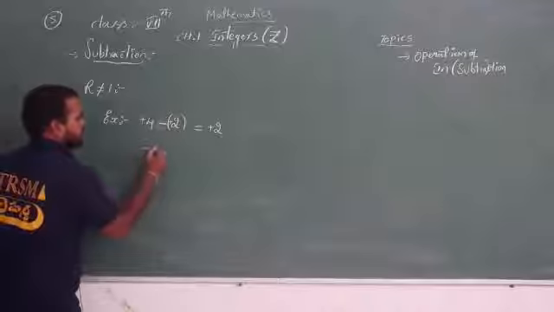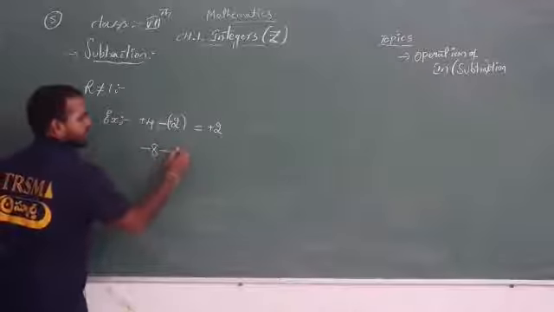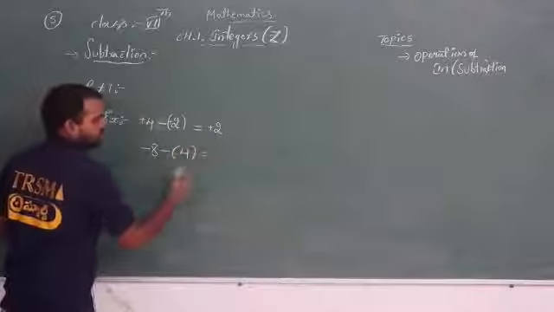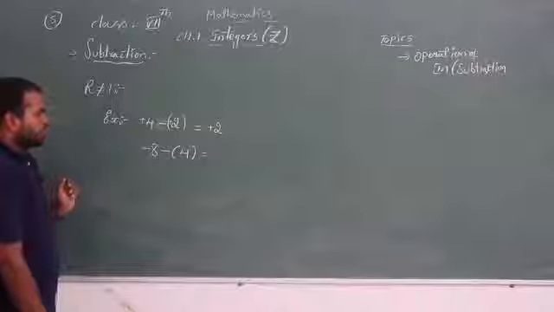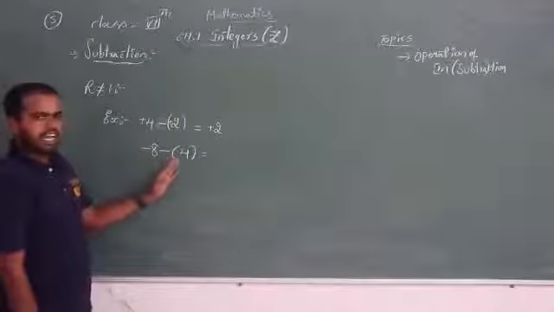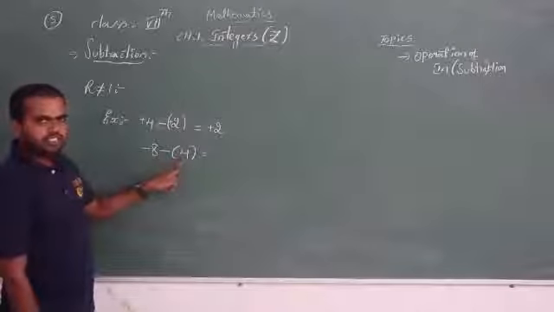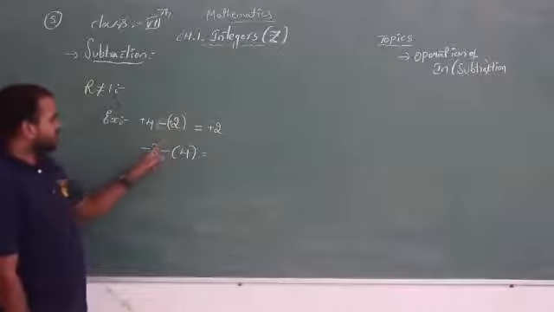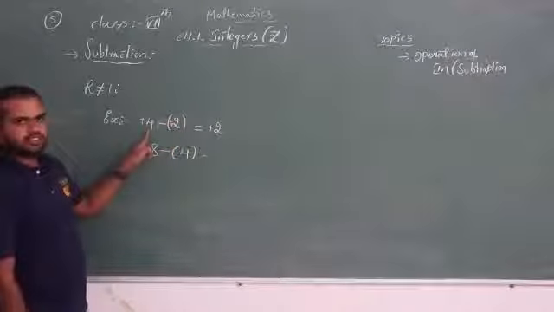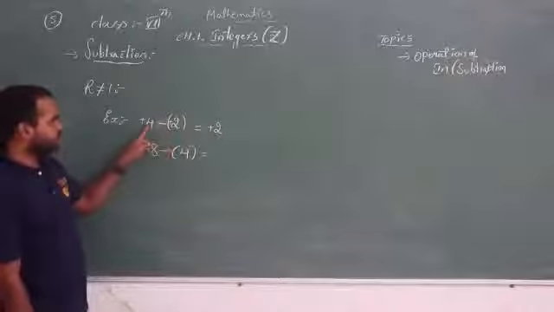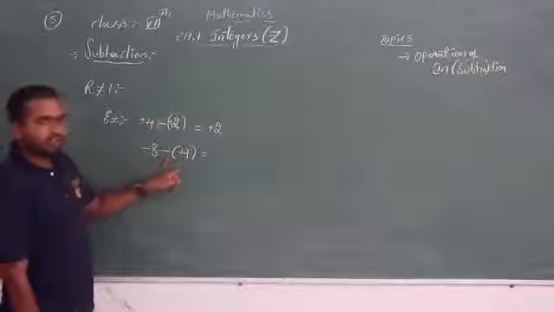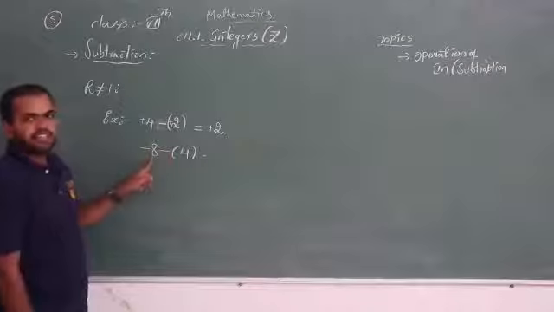I just take minus 8 minus, so I am taking one more number, it is 4. What we will get now? Okay, so now here if you see, what we are doing is subtracting a positive integer from a negative integer. Earlier, we subtracted a positive integer from a positive integer, but here we are subtracting the positive integer from the negative integer.